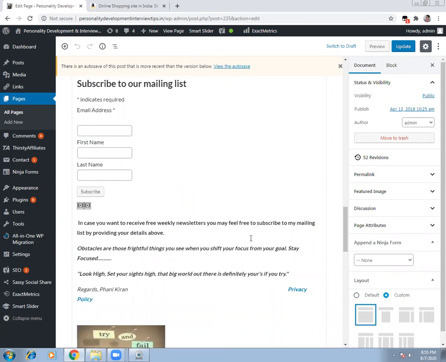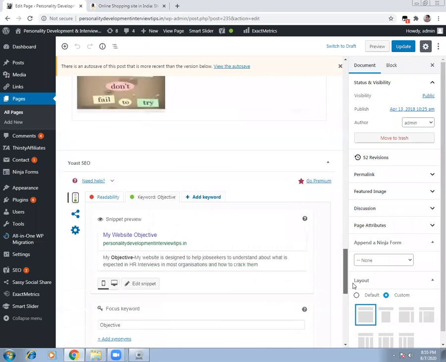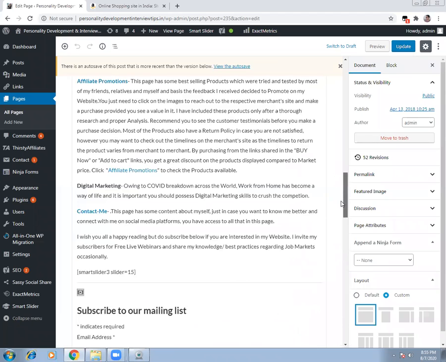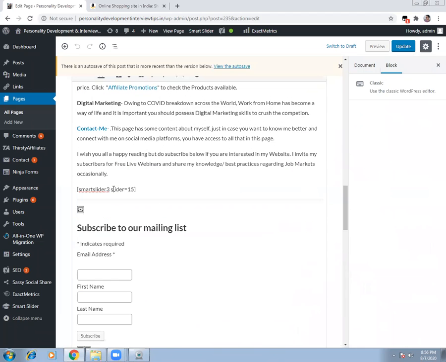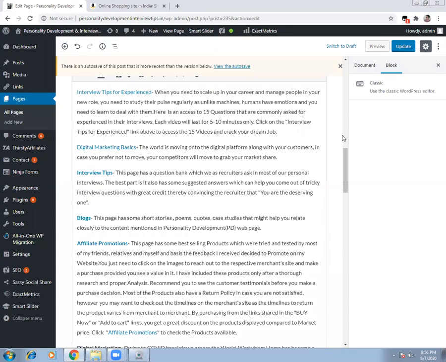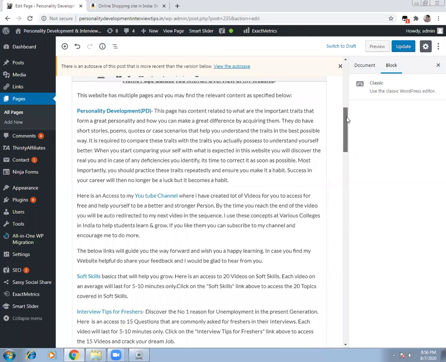See here, you see the smart slider. Can you see this? Can you guys see this? So you can place the code also. You can use the code also in your website. And the other way of doing it is simply you go there, you add one more page, and in that particular page, you select it and you use it.